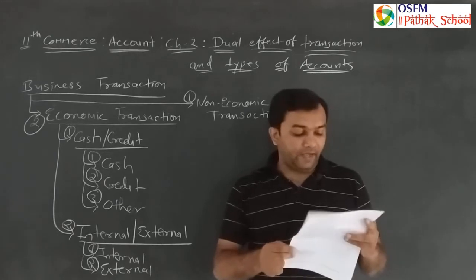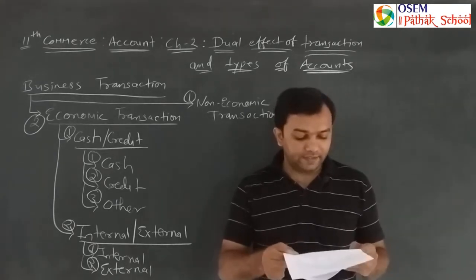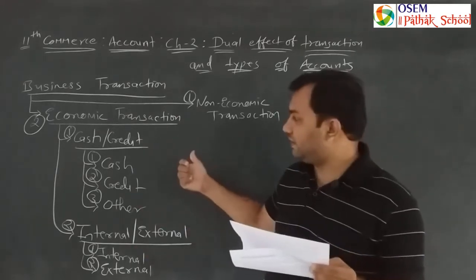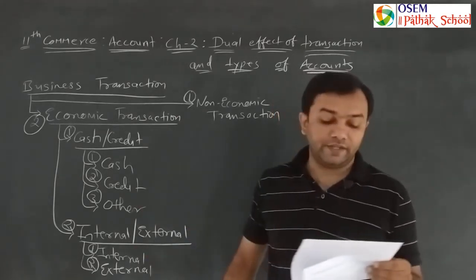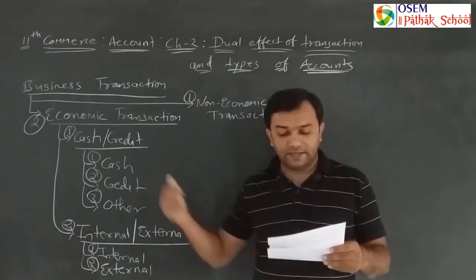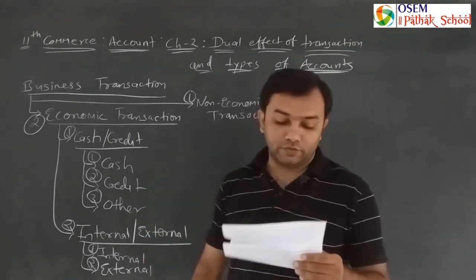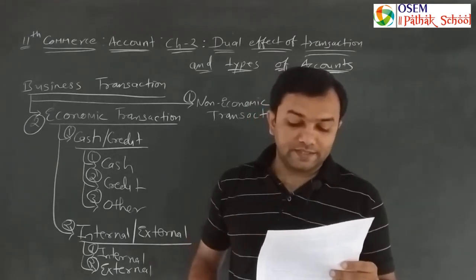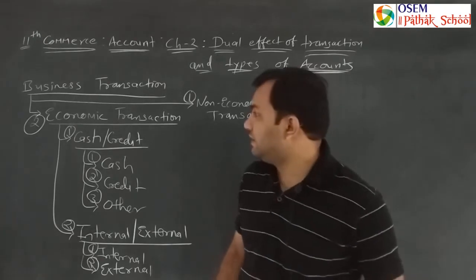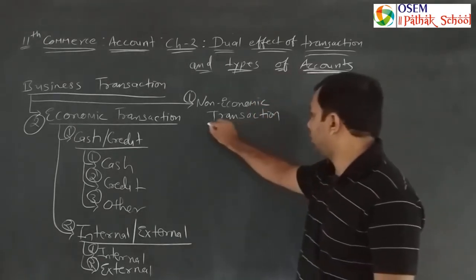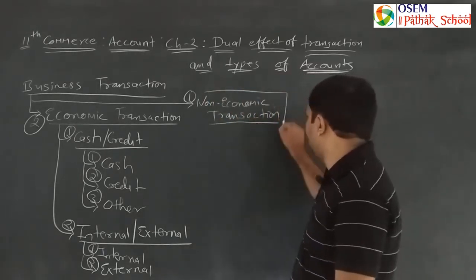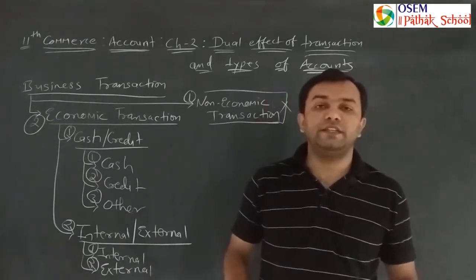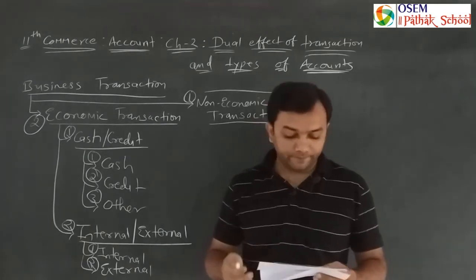On page number 25, economic transaction details are given after the chart of business transactions. There is a different chart for business transactions in your textbook, so you can write it like this also, as given in your textbook. So, economic transaction: only economic transactions of the business are recorded in the books of business. There is no space for non-economic transactions in business books, so you need not write any non-economic transaction in your business accounting.